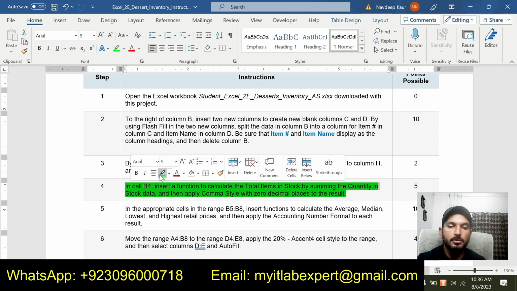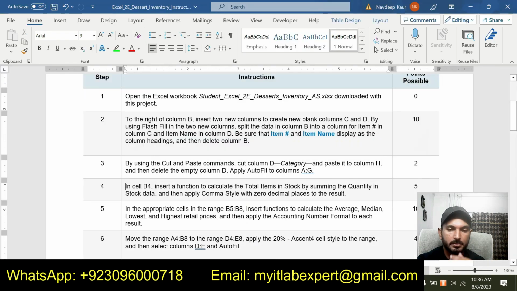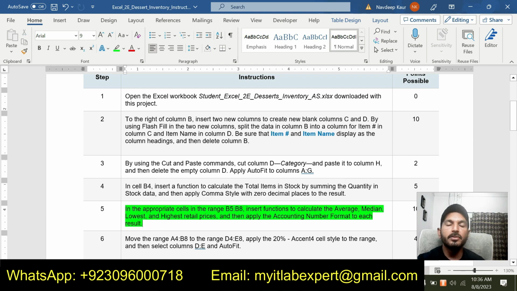So now we're gonna do the next step, that is step number 5. So let me do step number 5 now. So in step number 5, it is saying that in the appropriate cells in range B5 up to B8, insert functions to calculate the average, median, lowest and highest retail prices, and then apply the accounting number format to each result. So now we are supposed to get the average of the retail price,